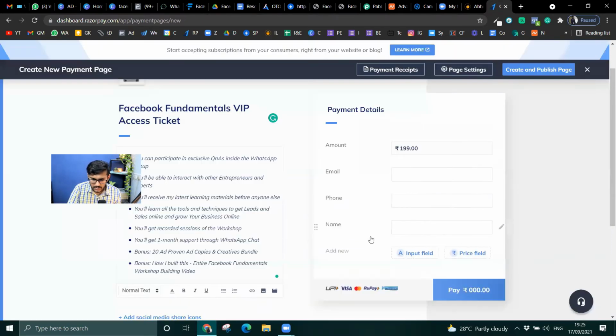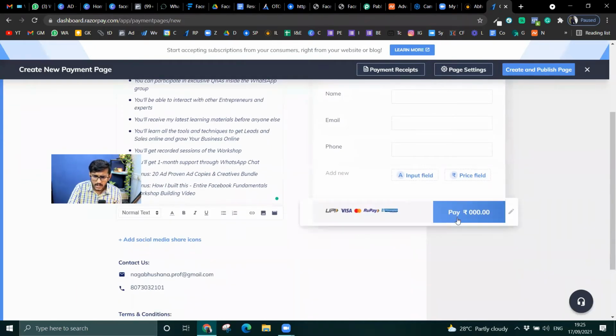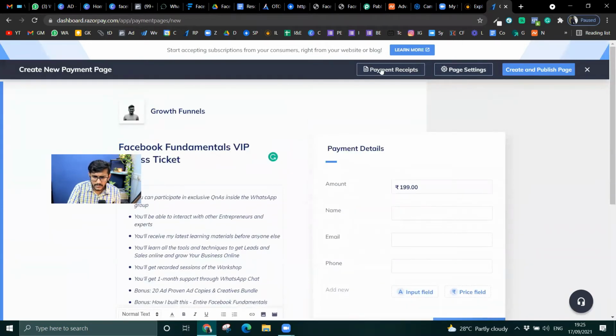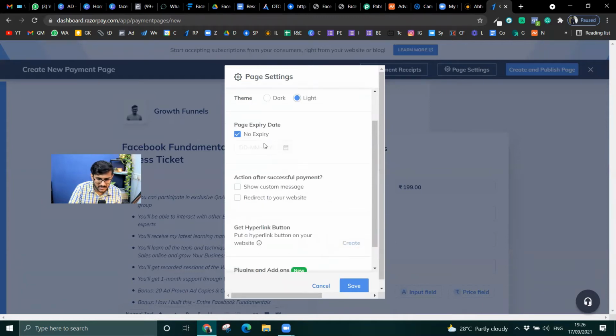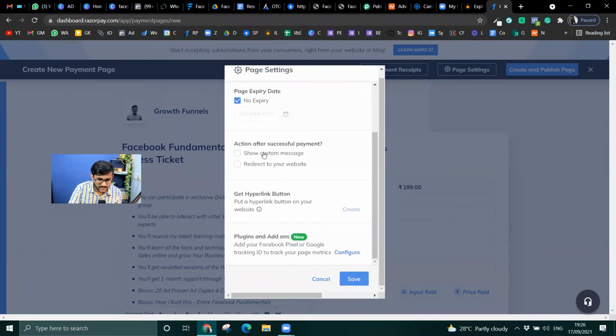I want people to give their name so that that's the only way I get to know their name, email address, and phone number. Okay, cool. I got it. I will just say page settings. Link would be fbf.vip. Let me see if this is available. Light theme would be fine. No expiry date.